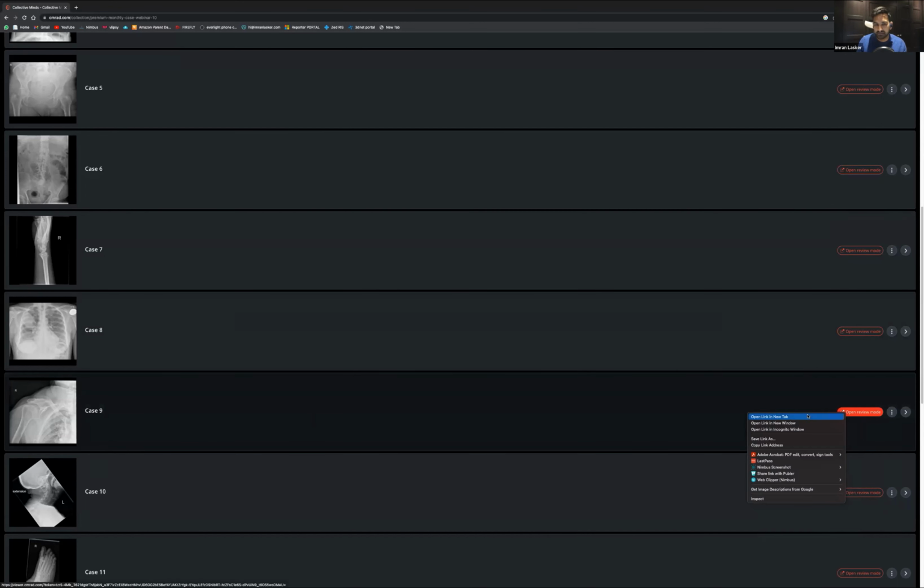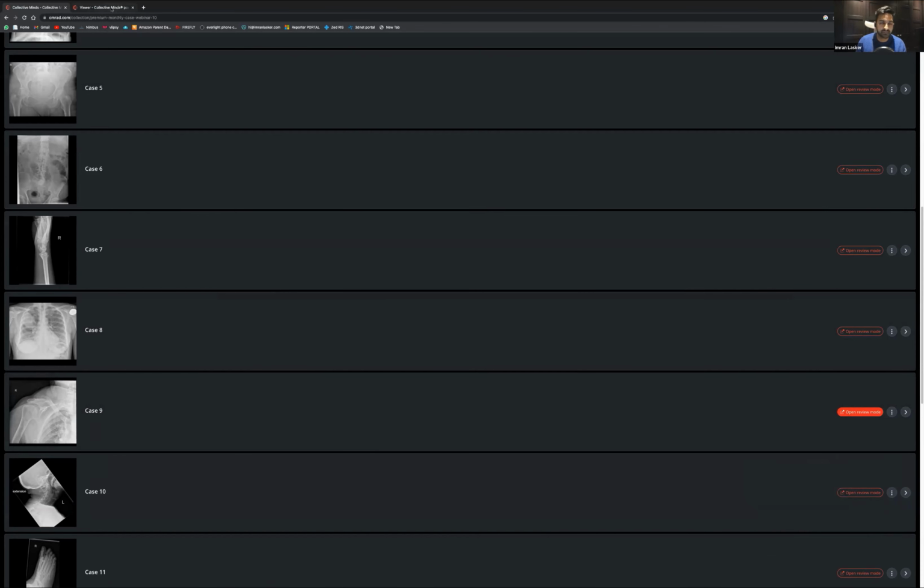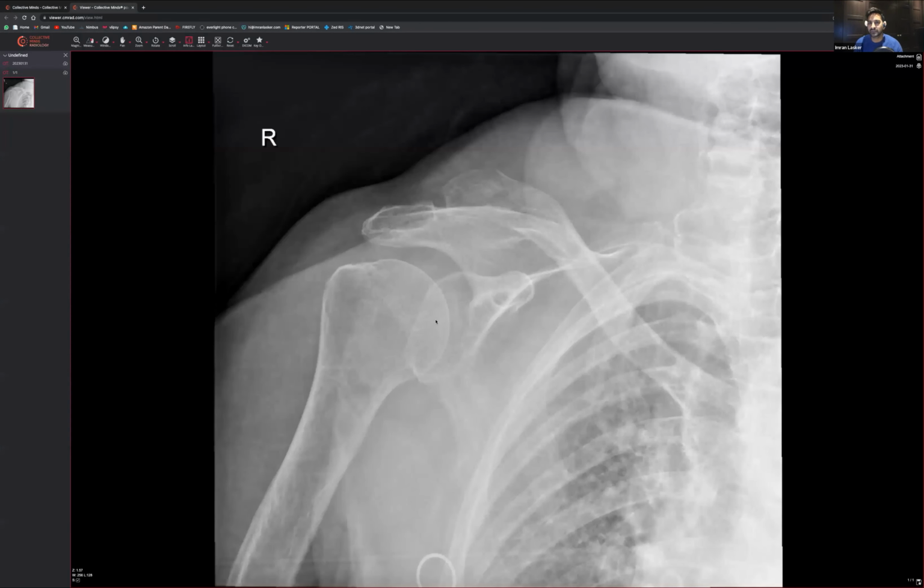Right, let's go to case number 9. So case number 9, hopefully is not too bad, but what we'll do, you try and make sure with every single shoulder that there is some overlap of that humeral head with that glenoid. If there's no overlap, then you've got to start worrying there could be some sort of dislocation, because everything with the shoulder acts like it's in a balance. But that shoulder looks okay.